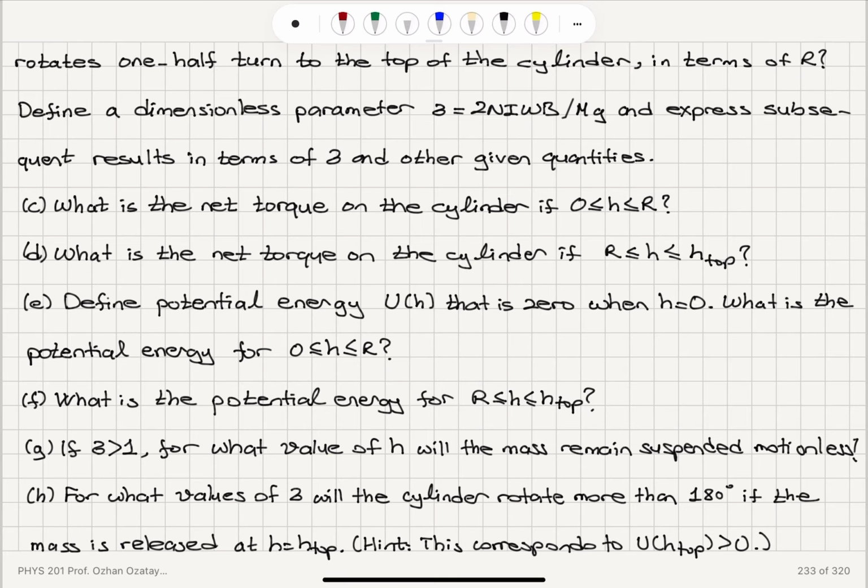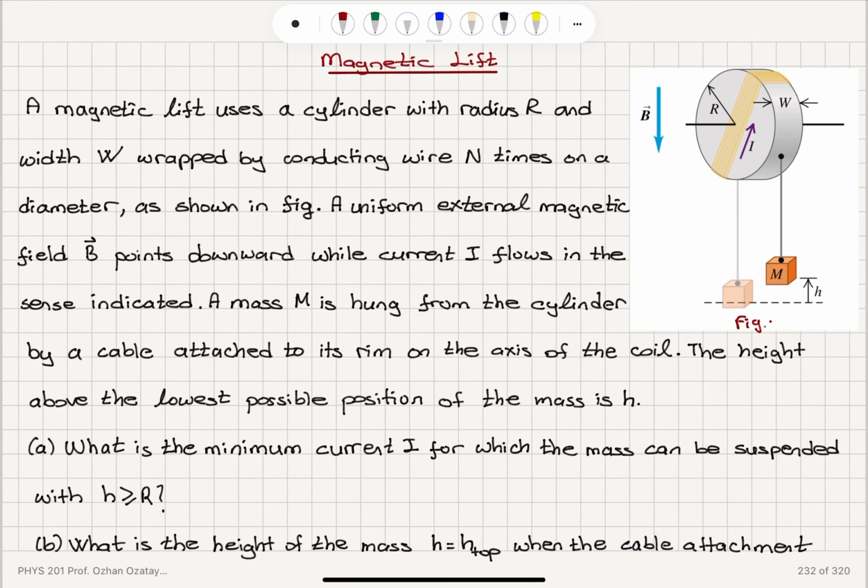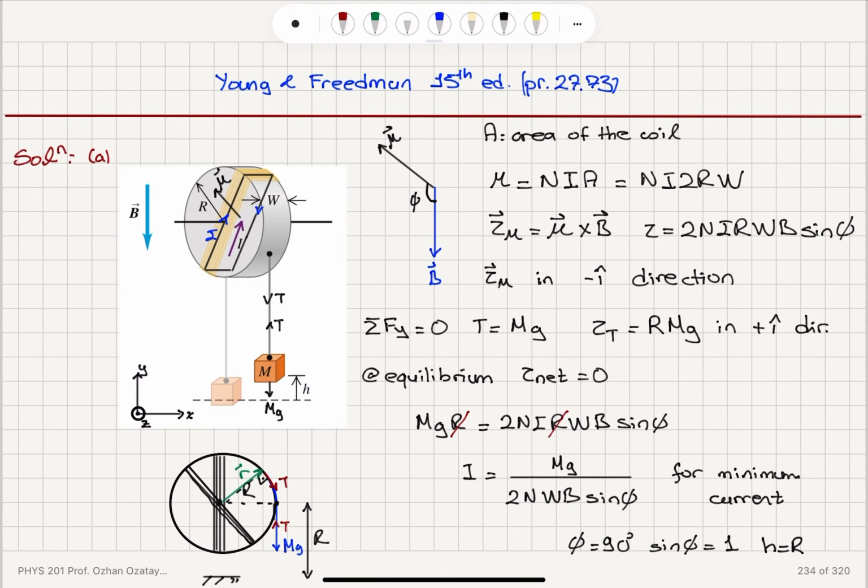Okay, so in part A, we were required to find the minimum current for which the mass can be suspended with H greater or equal to R. So first thing I noticed that when H is equal to R, I will have this position here. The coil will be completely vertical, and the position vector will be parallel to the x-axis for the application point of the force, and I will have a torque mgr. But when I start wrapping this more, so h goes beyond r, so this mass is lifted more, I will see that